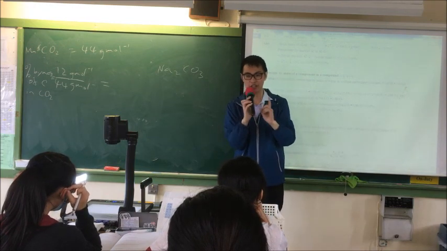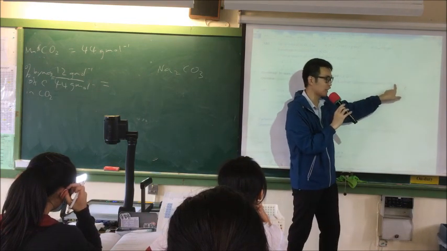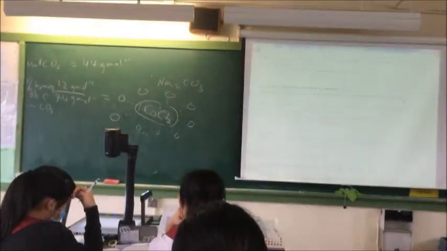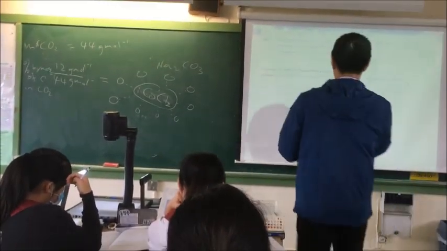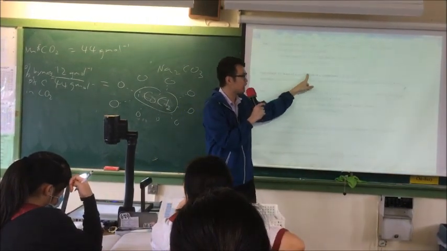In hydrated iron(III) oxide, we will say Fe2O3 跟住 nH2O, right？好，呢度啦。Second part, percentage by mass of a component